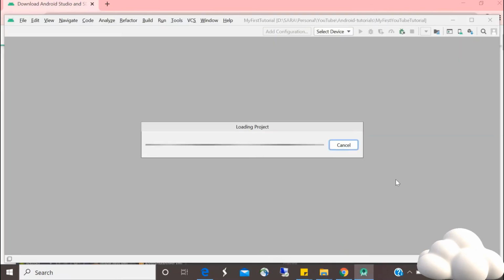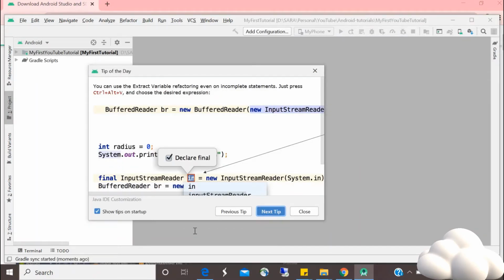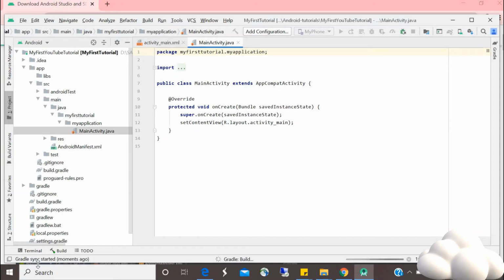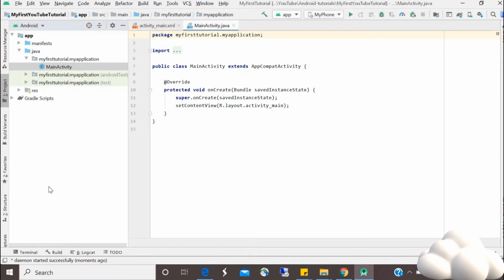So your project will be created and the IDE will be opened automatically. It's loading, so let's wait. Once it is created, there will be a Gradle file, and that Gradle will start syncing. The most important things are our AndroidManifest.xml file and build.gradle file. Two Gradle files will be there. One is for this module and another one is for the whole project. Always you have to touch the module file.